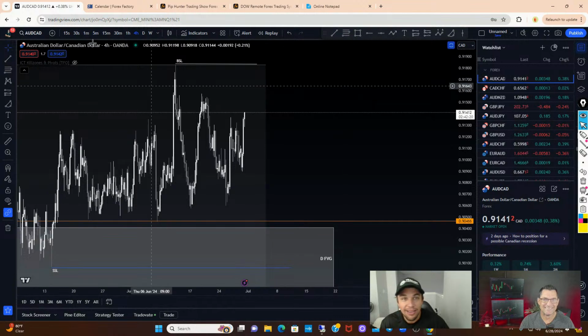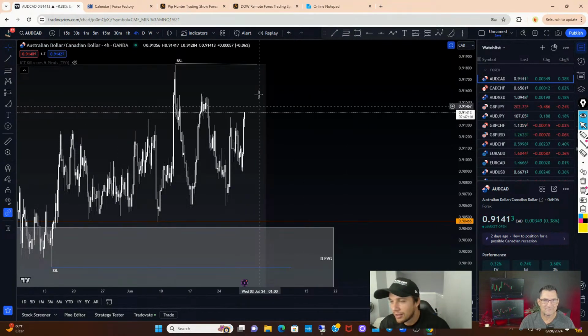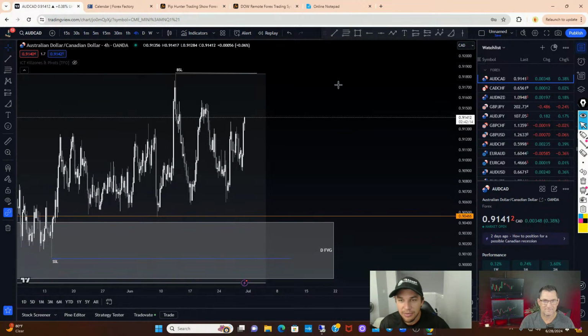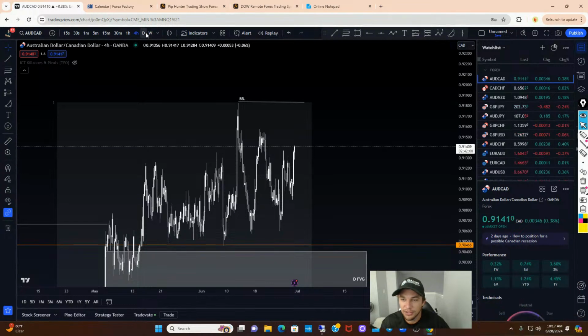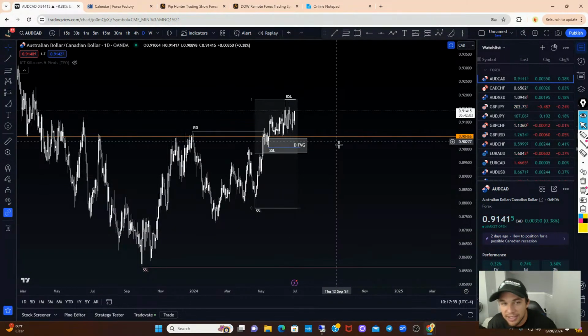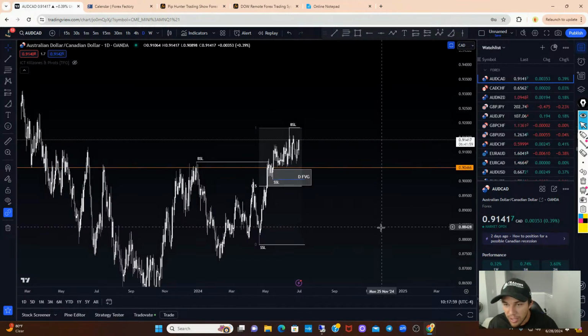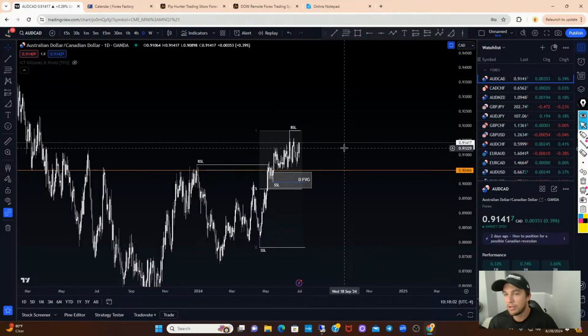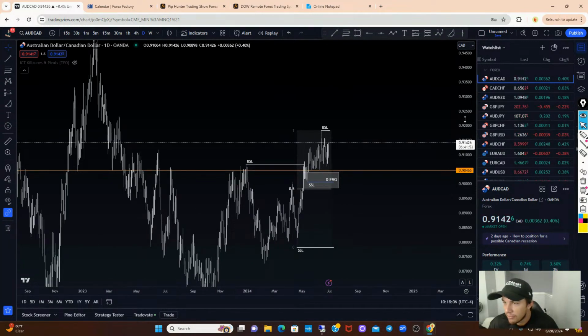So let's take a look at the Aussie CAD, right? Because I don't want to do the Euro US dollar because I feel like it's kind of the same direction. So let's take a look at the Aussie CAD here. And first thing we notice, looking at the daily, is we're just accumulating, very choppy. So there's not really a good trade setup here on the Aussie CAD, but we're going to find one today, right? And what we're going to do is use internal highs, internal lows. And looking at the bigger time frame here, the daily,